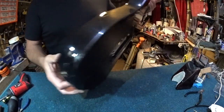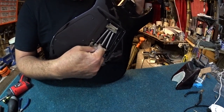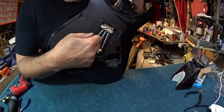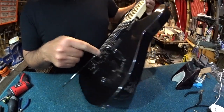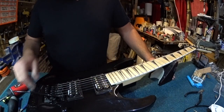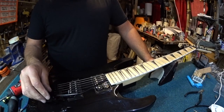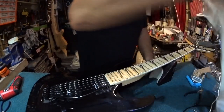Okay, but you keep finding different bits of wood until you find the bit that is just the right size to go between the block and the inside of the cavity here, and that holds it at that perfect parallel attitude. Okay, so now we have the guitar in the right position, but